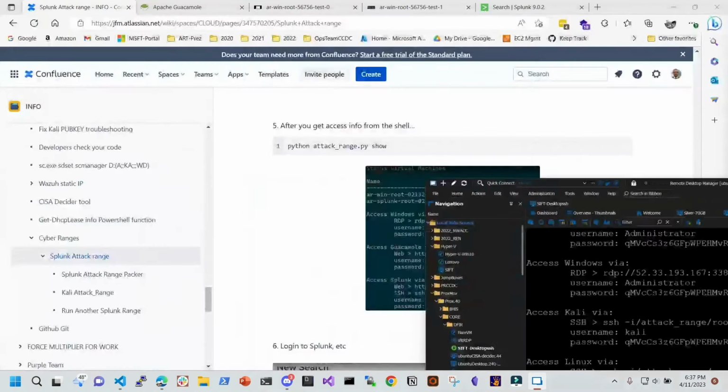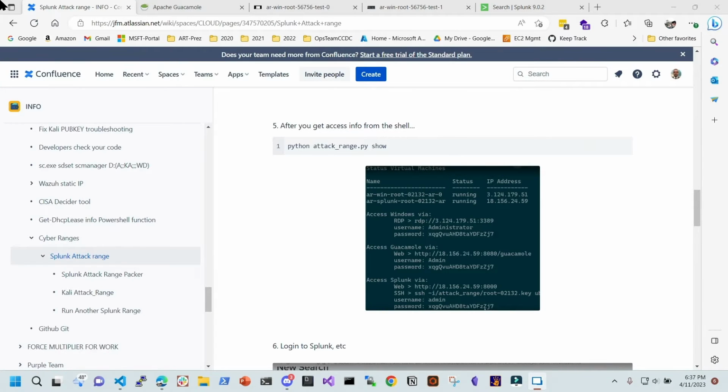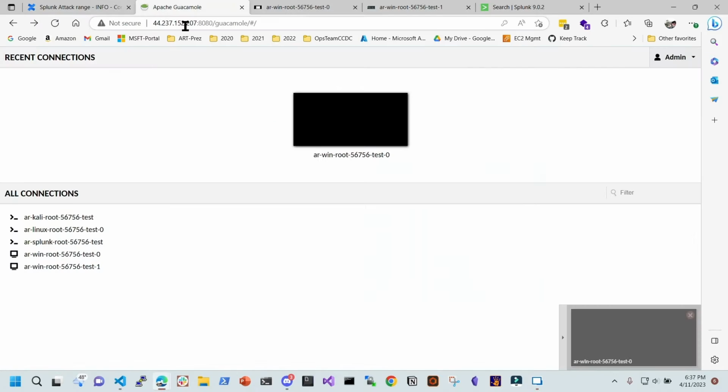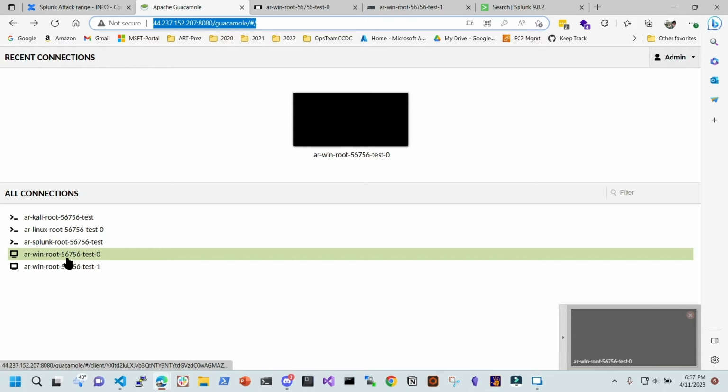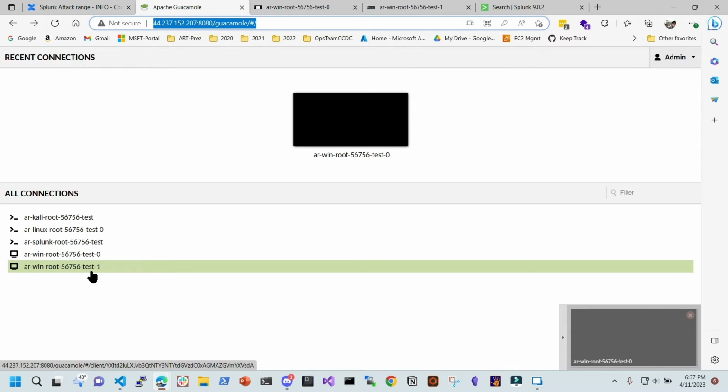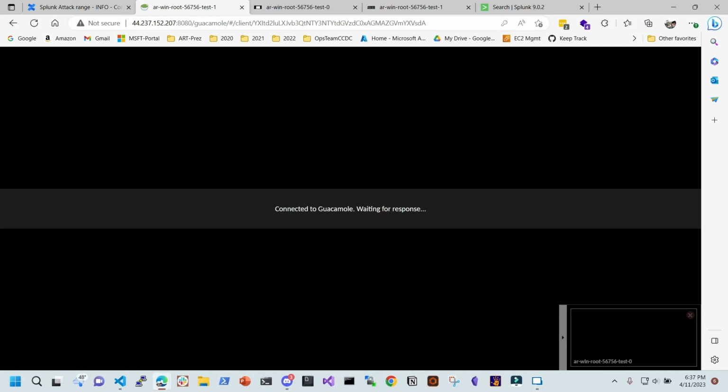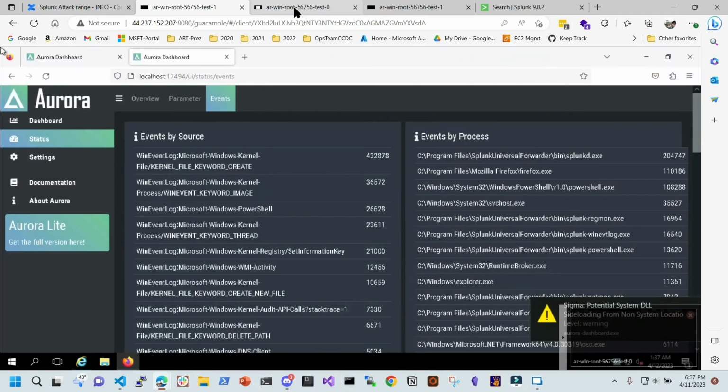So let me remove this so that I can see it somewhere else and type it all in. So it's actually this one right here. And then this is what you would see with guacamole. So you would see, oh, I have Kali, I have Linux, I have Splunk, I have Win. What's really cool though is you can click on this, and I've already clicked on it over here, and then you can see,